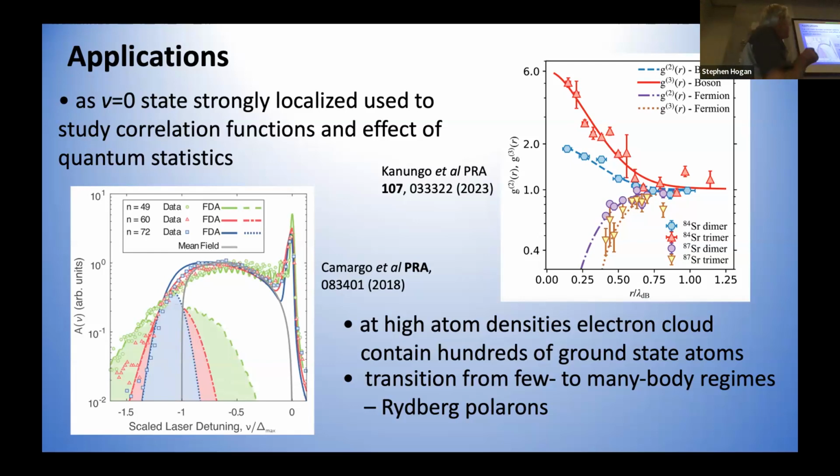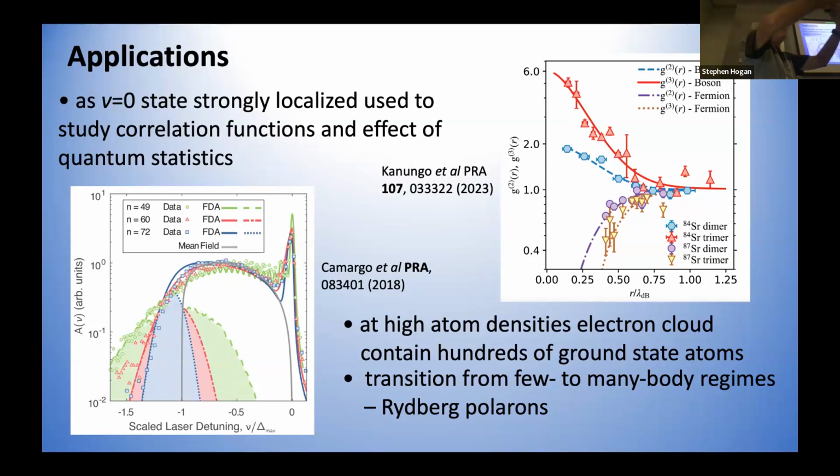And this is illustrated by some data here from our lab, in which we've measured two-body and three-body correlation functions as a function of R, where R is the size of the atom over the de Broglie wavelength. And we've chosen a regime in which the de Broglie wavelength is becoming larger and larger than the separation we're interested in. If you do that, then the effects of quantum statistics become important. And what you see is, if you look at G2 of R as a function of internuclear separation for bosonic 84 strontium, it's going up. Our probability of creating molecules is getting more and more, and that's because those states bunch.